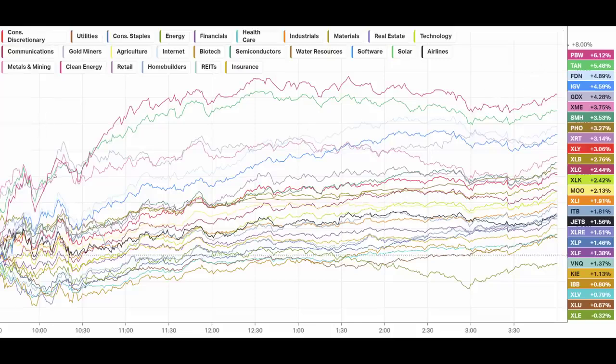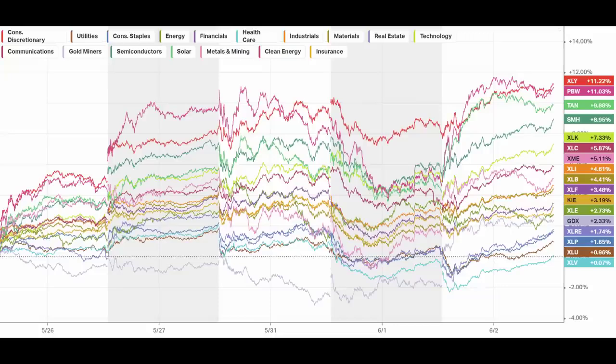a very clear standout in the morning. PBW, clean energy, and solar. Both of those did incredibly well. Now, what might surprise you is when you actually go and pull the last 5 days of data. In fact, every single one of the last 5 days